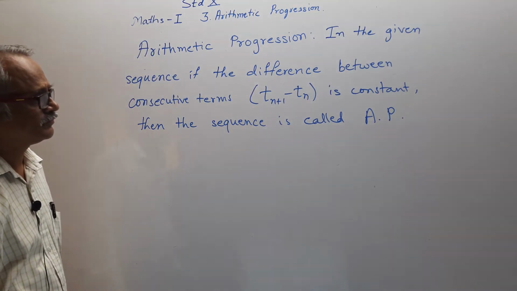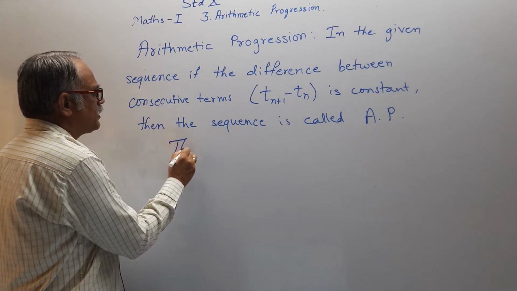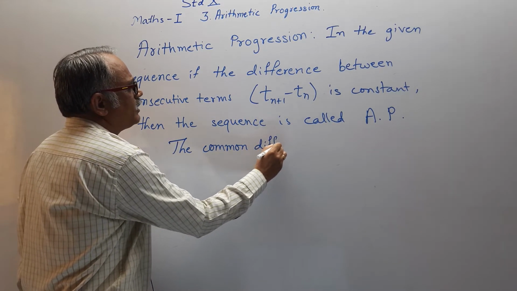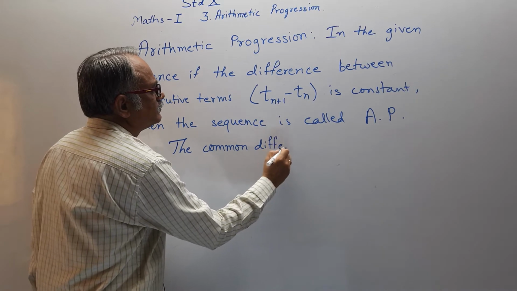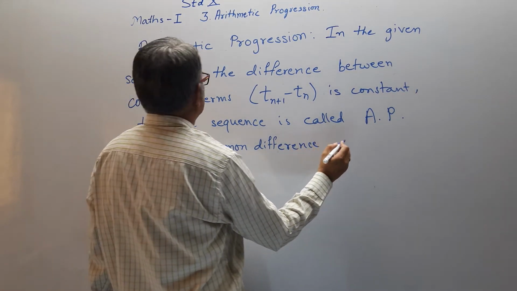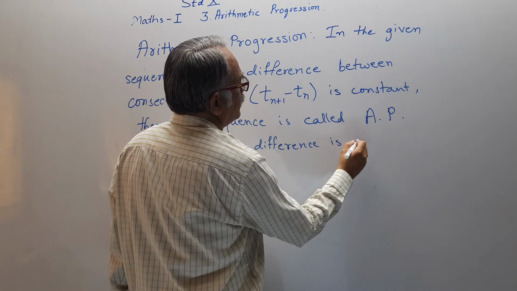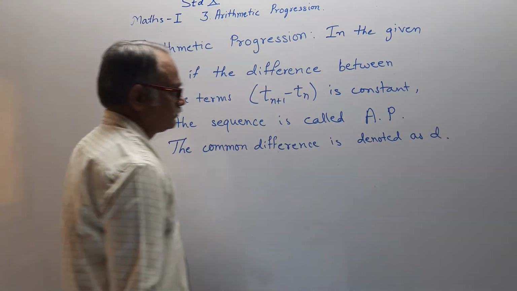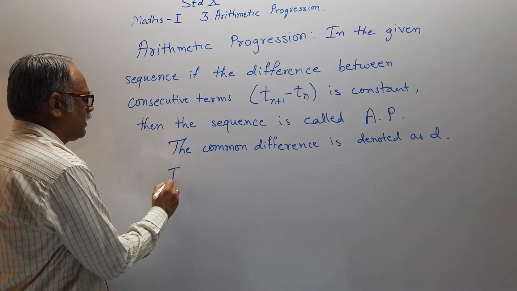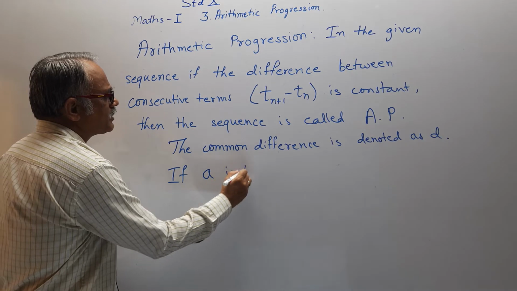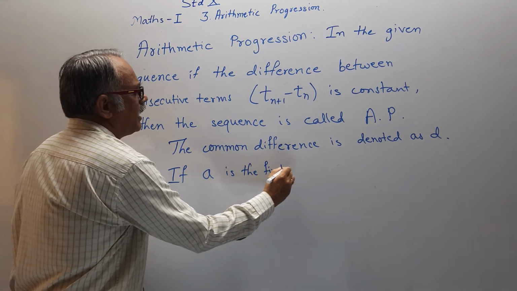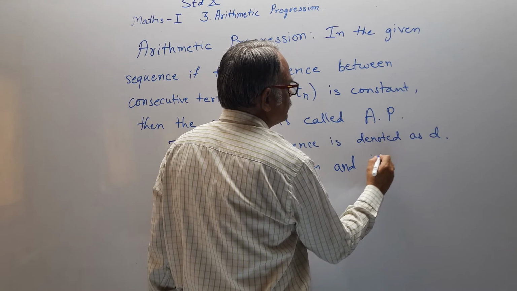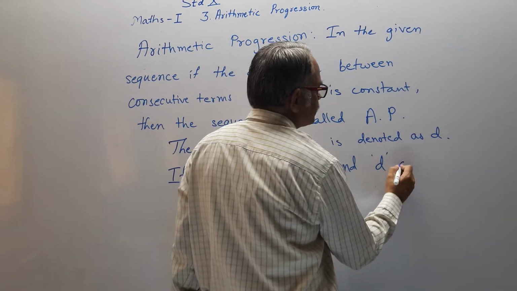The common difference is denoted as D. If A is the first term and D is the common difference,